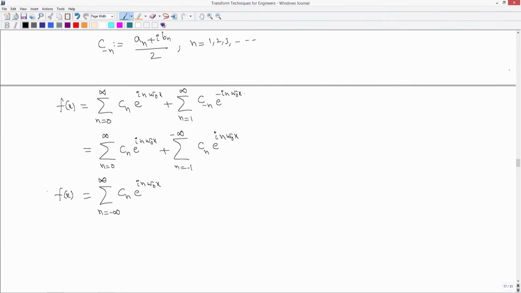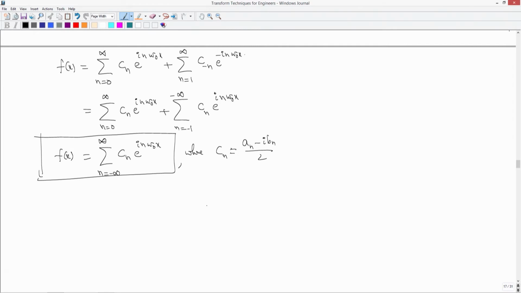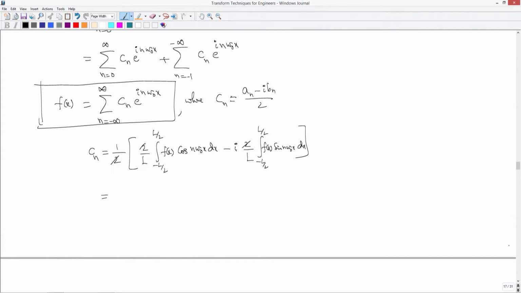This is what the Fourier series has become now, okay, where the coefficients are Cn equal to (An minus i Bn)/2. What are this An and Bn? You already defined them. So, if you replace, what happens to Cn? Cn becomes 1/2 times An, which is 2/L integral from minus L/2 to L/2 of f(x) cos n omega naught x dx, then minus i Bn, which is also 2/L integral from minus L/2 to L/2 of f(x) sin n omega naught x dx. So, this is what Cn has become; the 2 goes, and what you have is 1/L